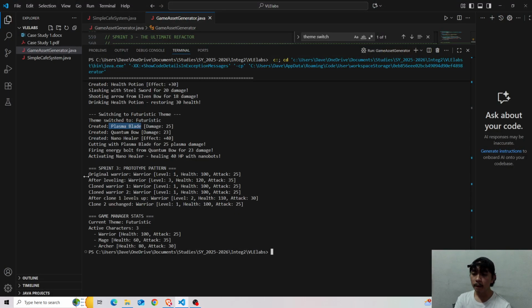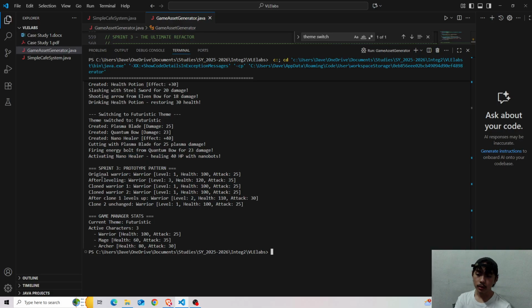Here we have the prototype, the cloning. First, we have declared the original warrior, who is currently level 1, has 100 HP, and an attack of 25.